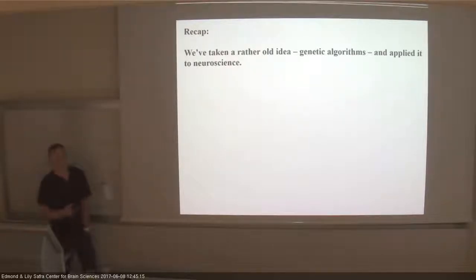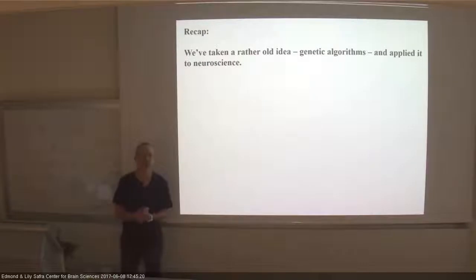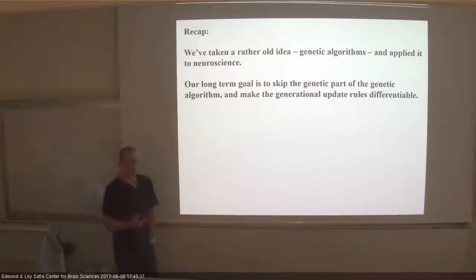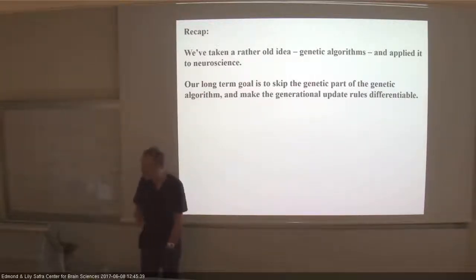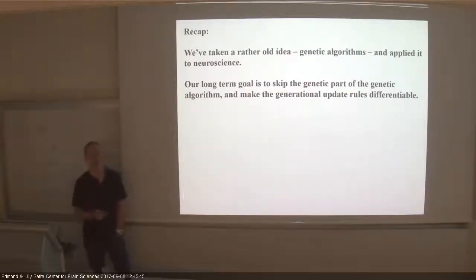So let's recap. We've taken a rather old idea, genetic algorithms, with a small twist, right? Usually in genetic algorithms, you have a mutation and something happens. Now we have a mutation and we learn based on a learning rule, then we have another mutation. But it's not a huge twist. Our very long-term goal is to skip the genetic part of the genetic algorithm, and make the generational update rule differentiable. Differentiable is the catchword these days,